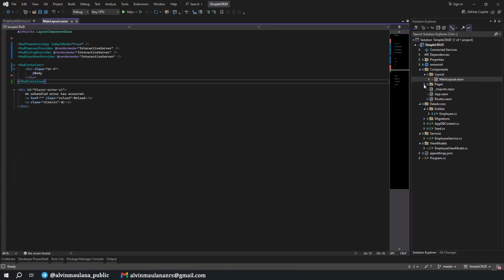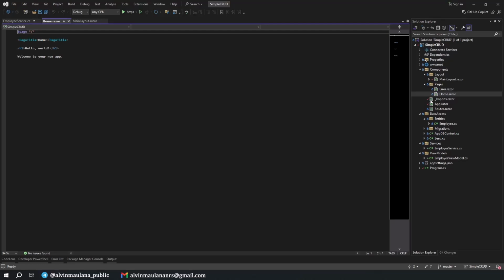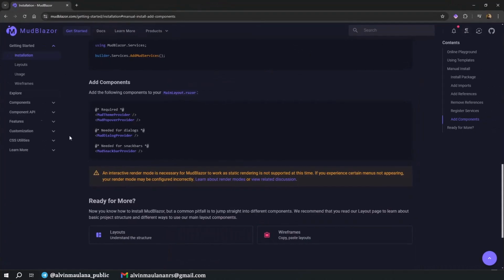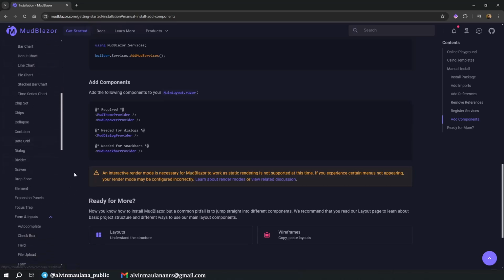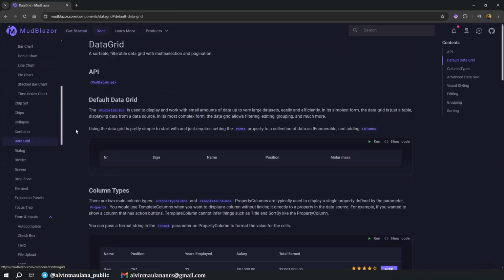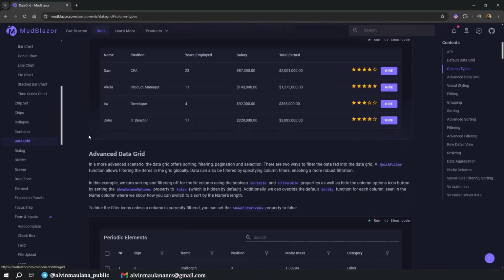The next thing we need to change is our Home.razor. We are going to show a list of employees in here. And the component in Blazor we're going to use is a data grid. We can go to the data grid component in here. Okay, you can use this as your reference.